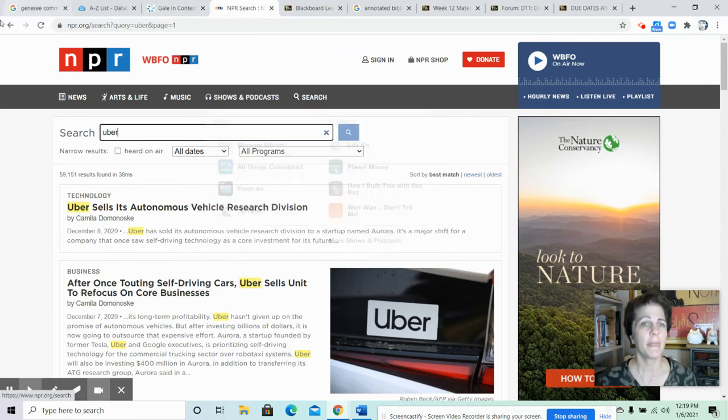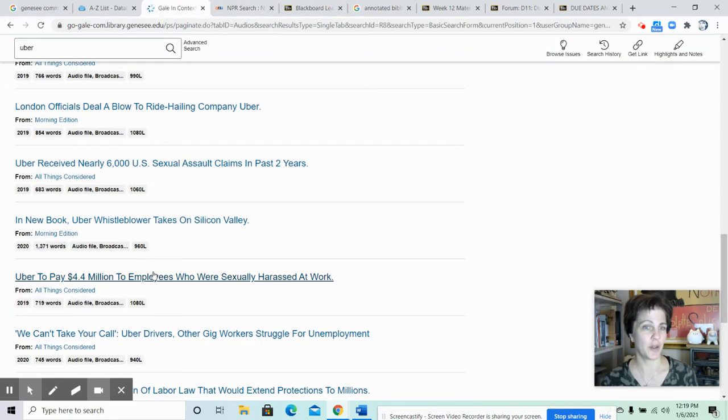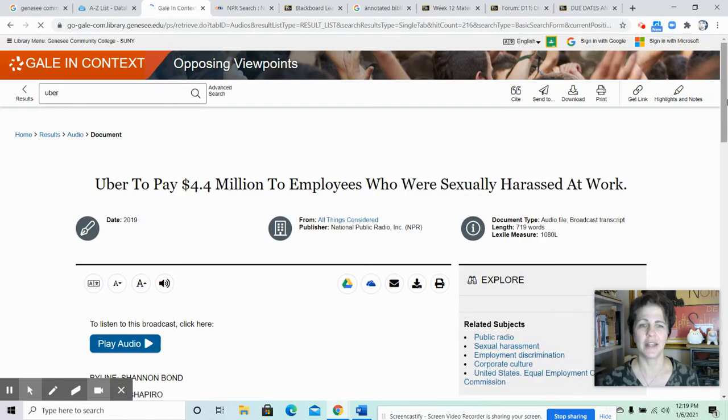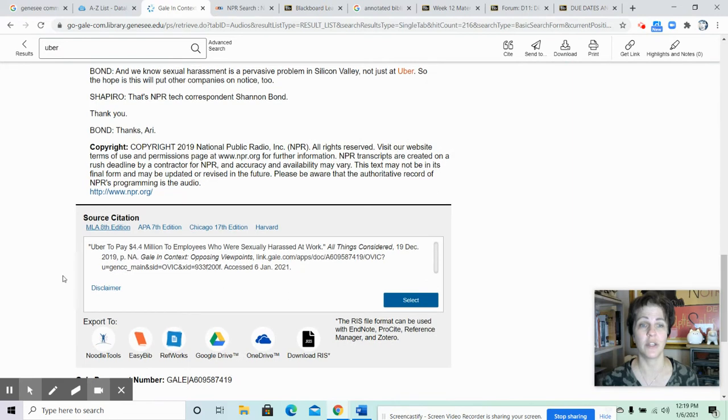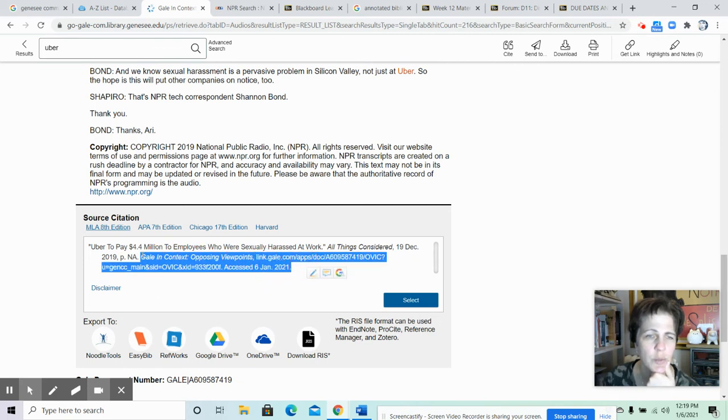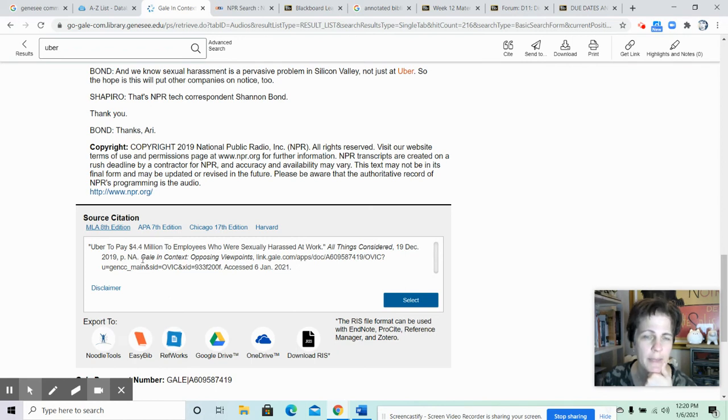The only difference is the NPR website will not give you the MLA citation. So wouldn't you want to go to this site and use your database, because they know that you're an English student writing a paper and they've given you the citation. And you see the only difference is, look at the citation. You would keep all this the same, except instead of putting the database at the end, you would put npr.org, or NPR in italics, and then the link to the site. But this time you're not citing the site, you're citing the database.